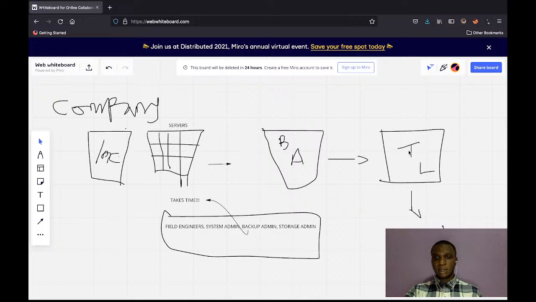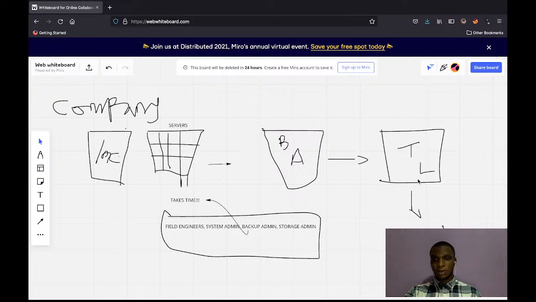to the technical lead. The technical lead is going to design all the physical attributes, the way the application is going to be deployed, and other things such as the type, the spec, the number of servers needed, the database, the load balancing, and every other thing like that. So this is taking time already, and then they will have to order these things. After they have been ordered, it's going to take weeks as well. It's going to take a very long time before it arrives into the company,